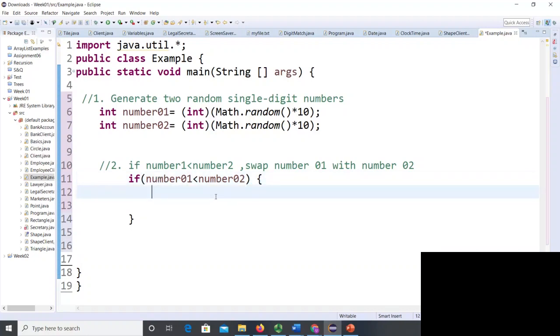To swap two numbers in Java, just take an example in mind. Close your eyes and think that I have 2 cakes in my 2 hands, right? On my right hand, I have a 12-pound cake. On my left hand, I'm holding a 12-pound cake. And now I want to swap those 2 cakes. I want to swap my hands, right? It's hard to swap those 2 cakes without putting one cake somewhere, taking it from one hand, and then taking the value from my second hand.